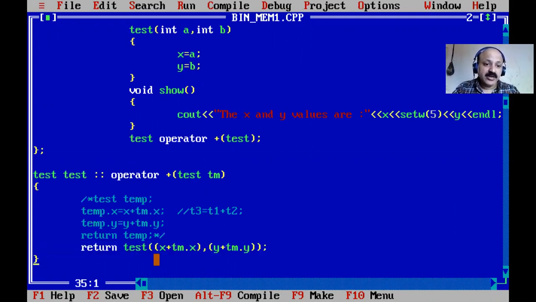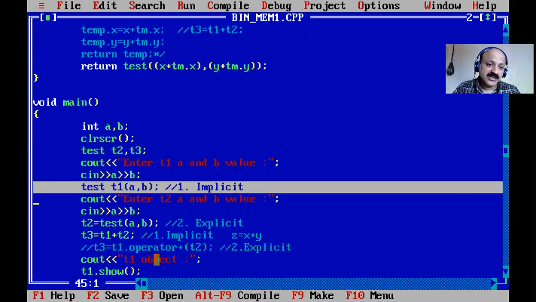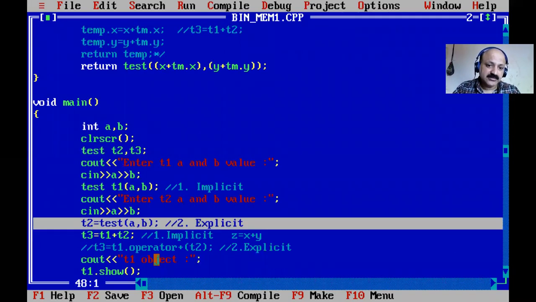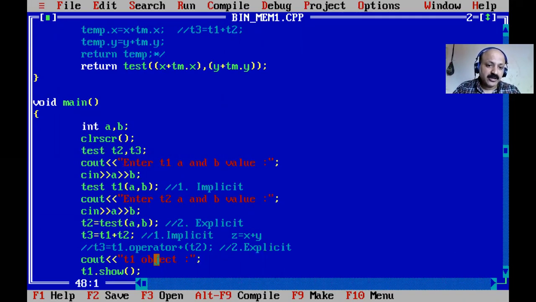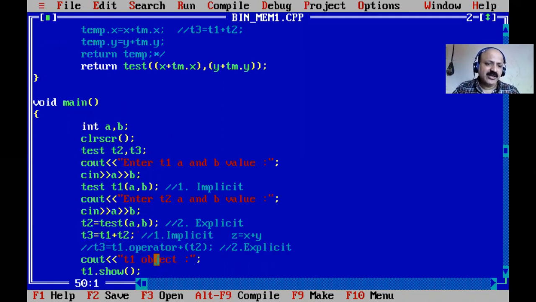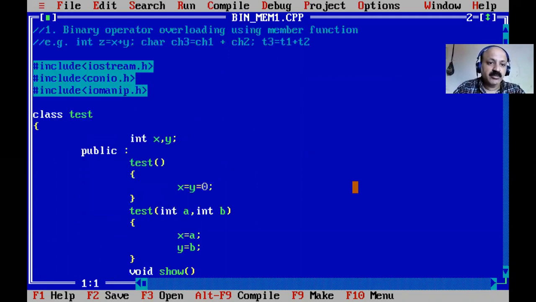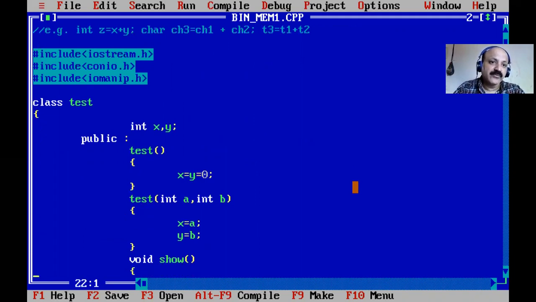And also, like a constructor, we can call it with the implicit and explicit technique. Yes, and operator overloading can also be implicit and explicit. So I can give all the ideas of binary operator overloading. Yes, so write this program in your notes, and here we can do plus sign operator overloading using a member function.